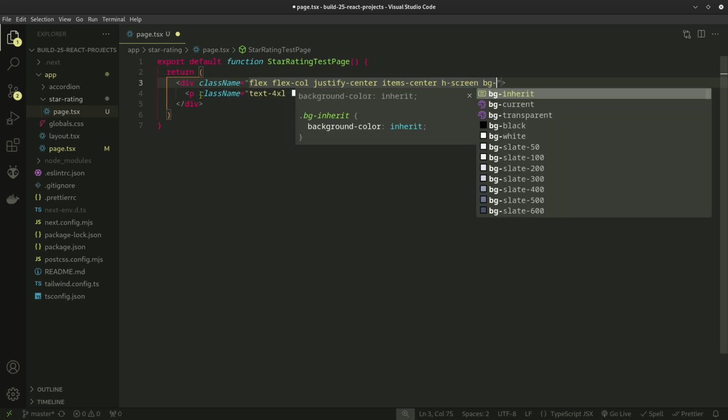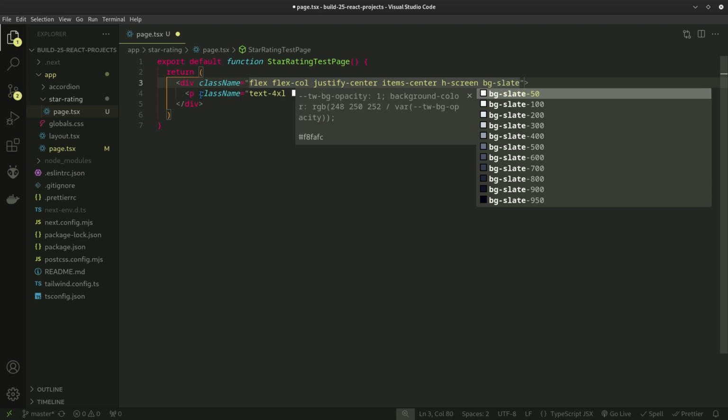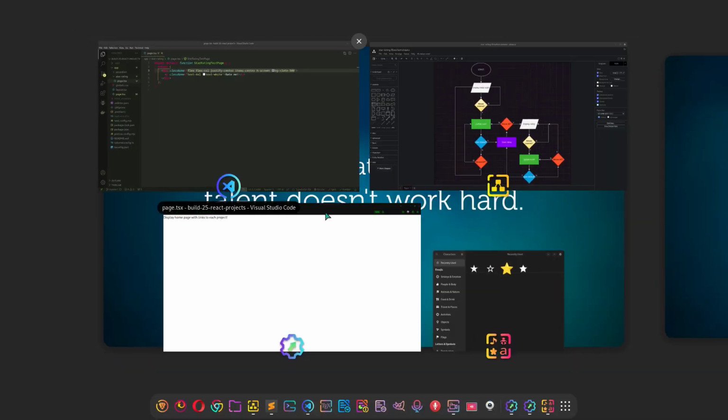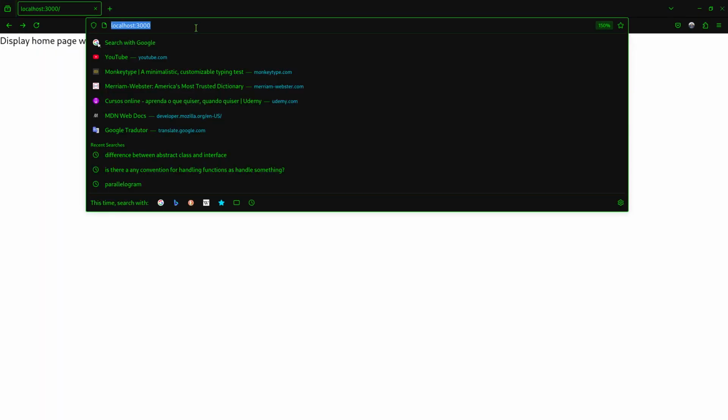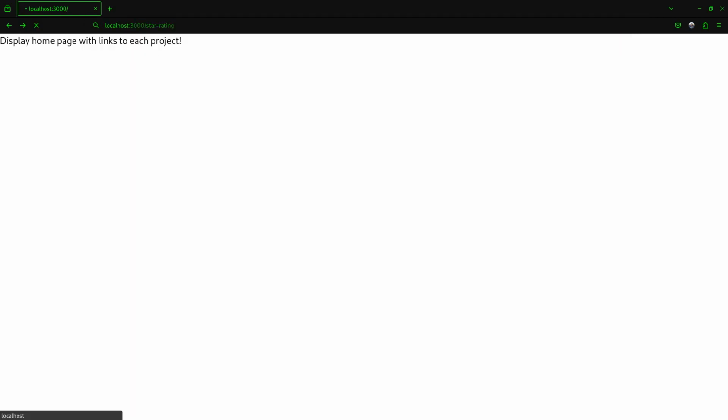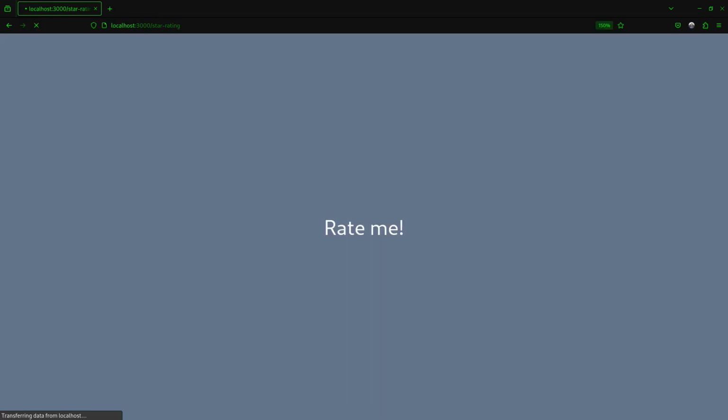And change the background color. Now, I'm defining a path here, and if I have a page, this path will become a route in Next.js. So we can visit now this star rating, and this is what we get. Let me reset the zoom,